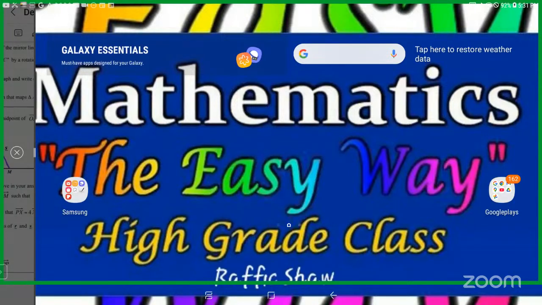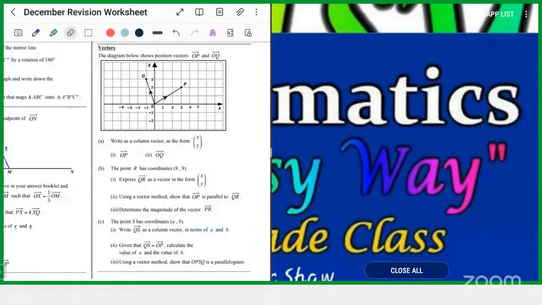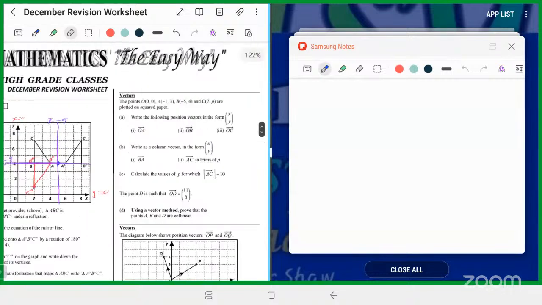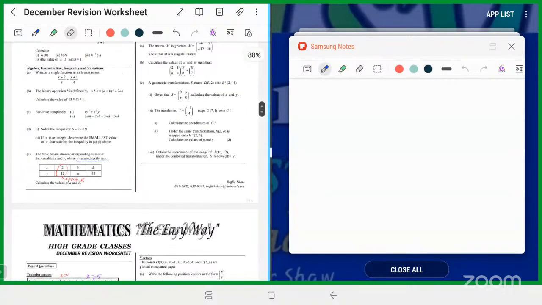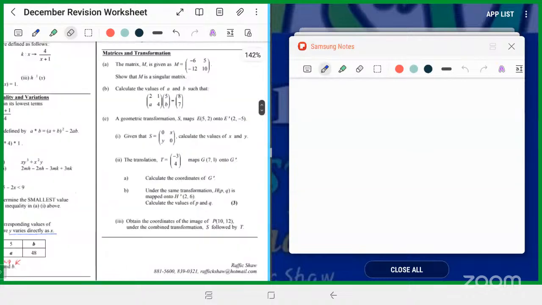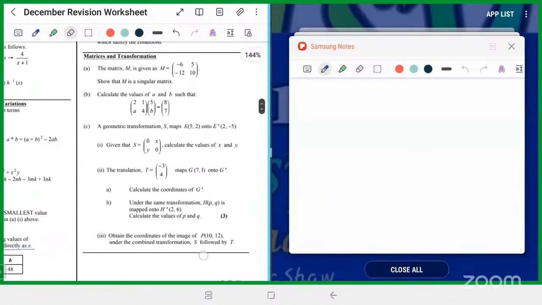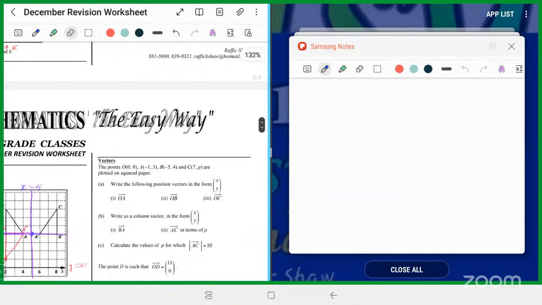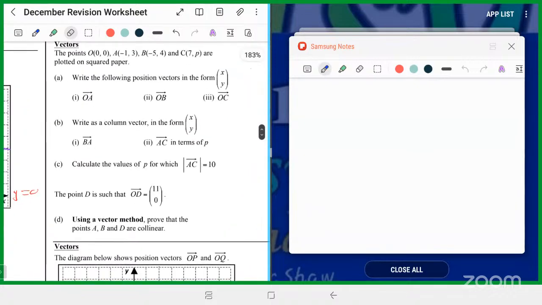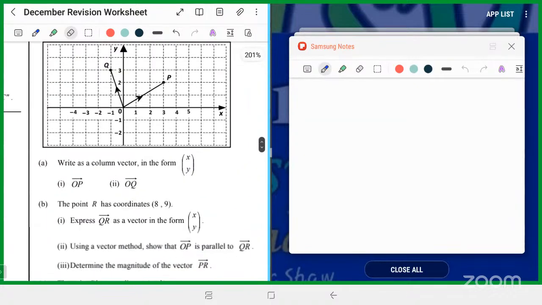So what we're gonna do today? We're gonna work through this last question. All right. So, well, two questions here. This one, transformation. I'm gonna do these vectors down here. We did this one as a classwork the other day. So we're gonna do this one down here. And then we're